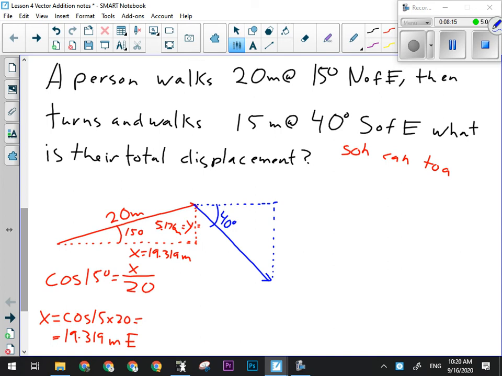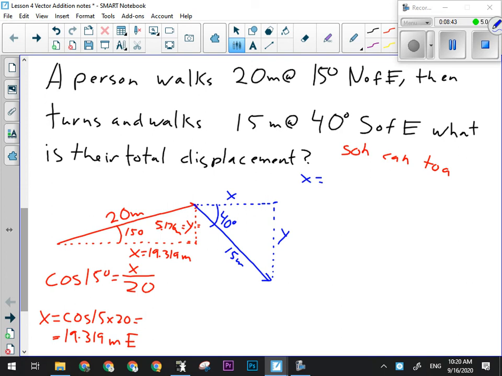And that line maybe could be a little bit longer, but it'll work. As I walk along that 15-meter vector, I go somewhat south and somewhat east. And I need to figure out how far east and how far south I go while I'm walking the 15-meter vector. Okay? So if I want to find blue x this time,